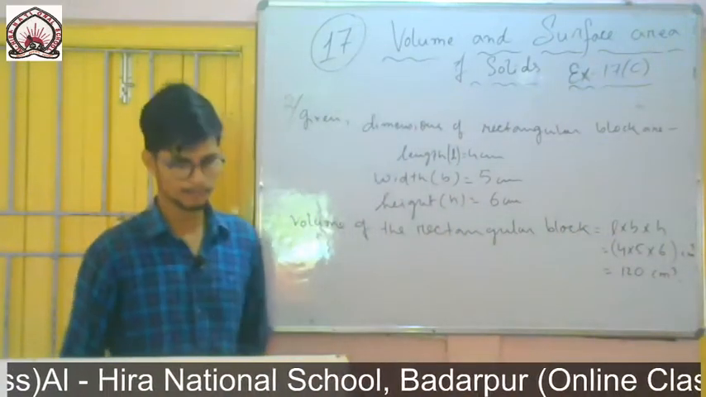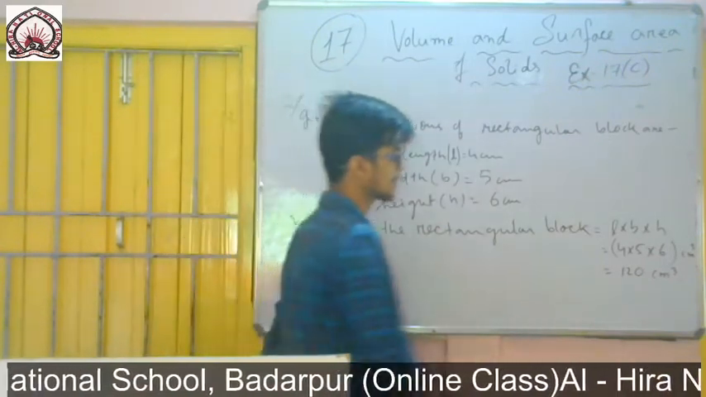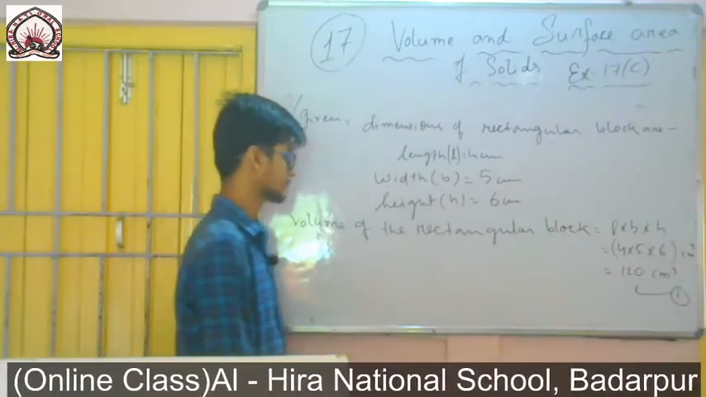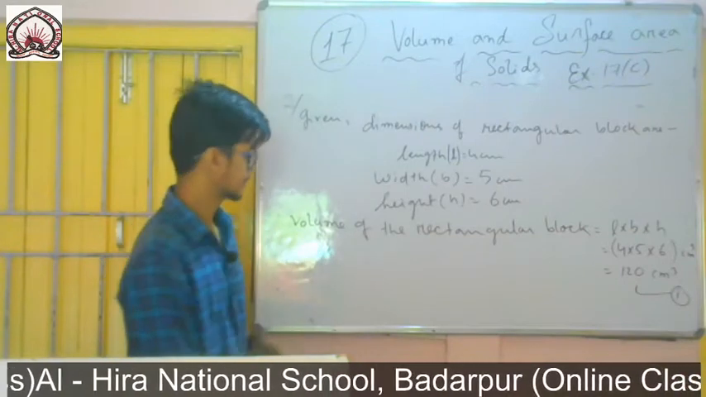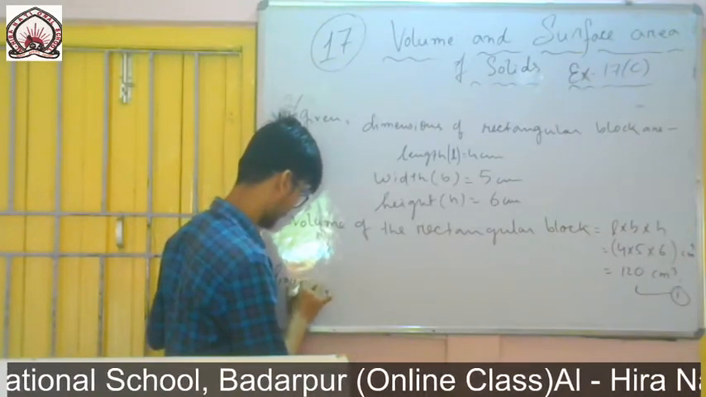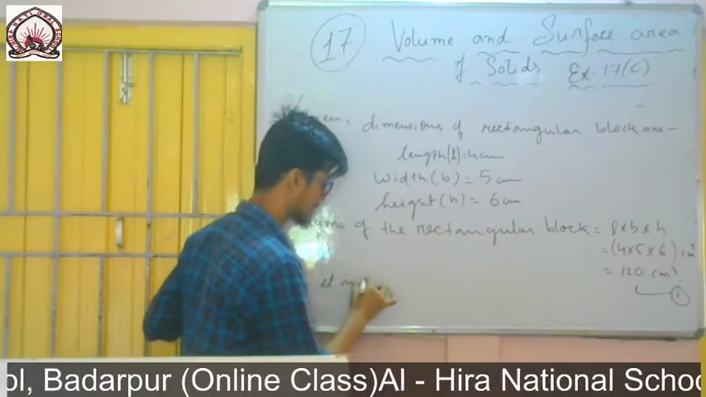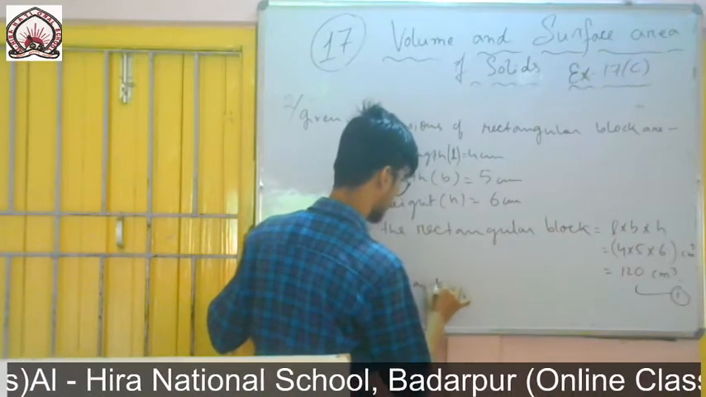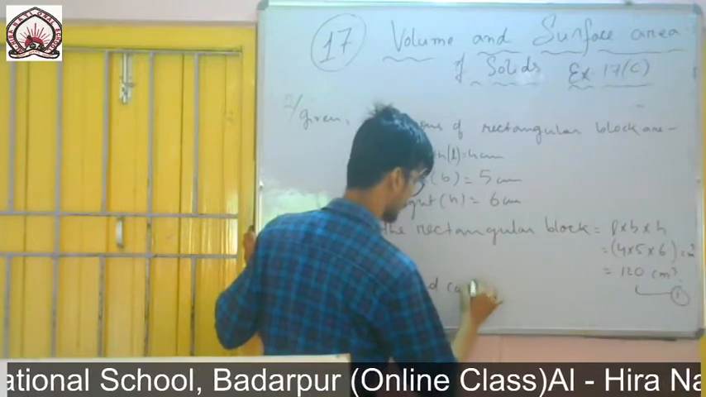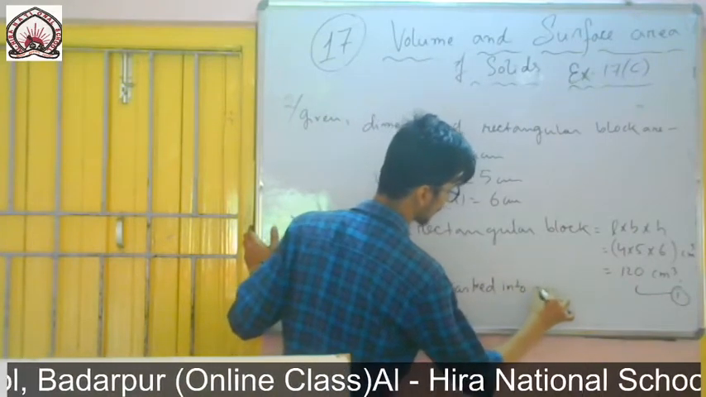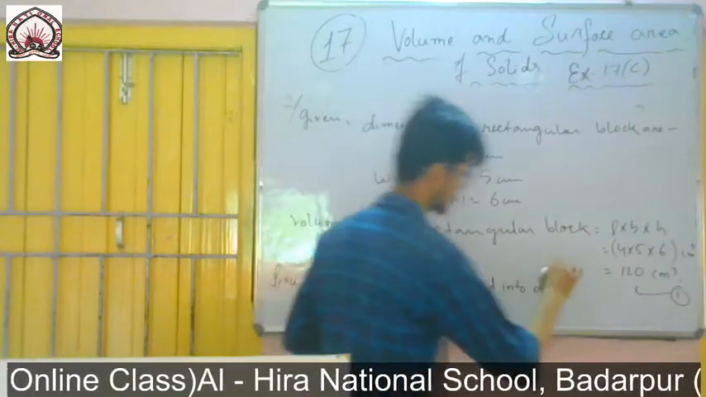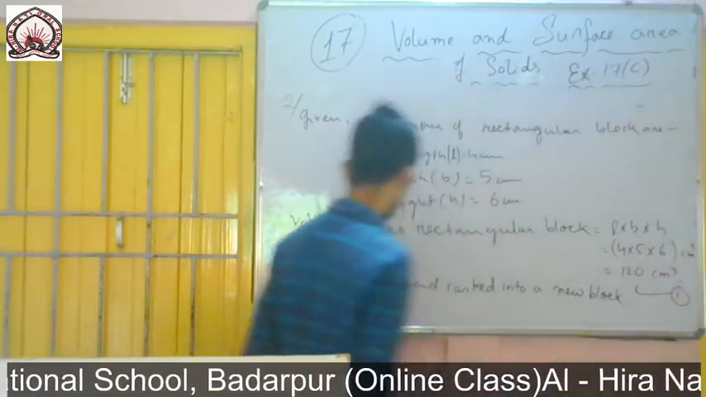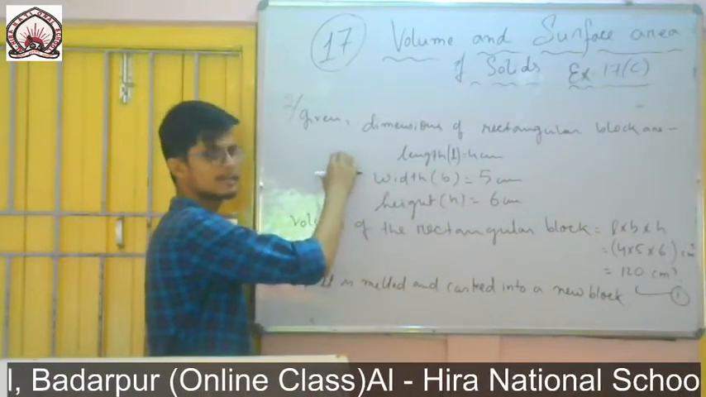So this is the volume of the rectangular block, which is 120 centimeter cube. Given, this is equation number 1. Okay, now, since it is melted and casted into a new block, it means this rectangular block is